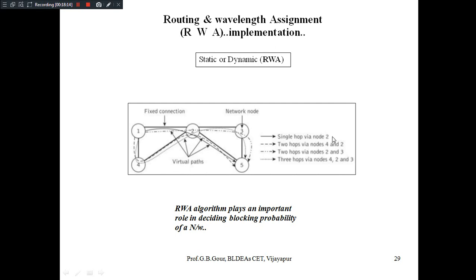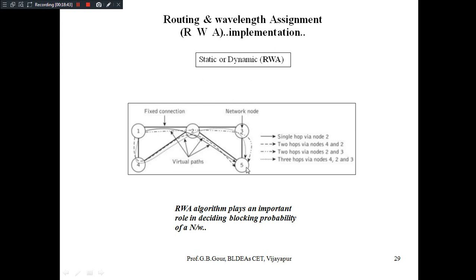It will choose the single hop via node 2. Let us assume this is how the dynamic RWA is going to work. In dynamic RWA, the traffic pattern is not known in advance. It is a real-time algorithm. Based on the real-time dynamic pattern of the traffic, the link request will be sent. Based on that link request, first the shortest route will be found, then the traffic will be routed and wavelengths will